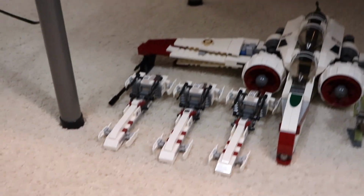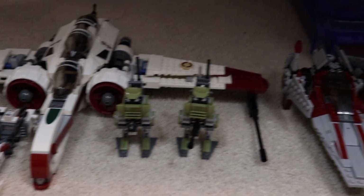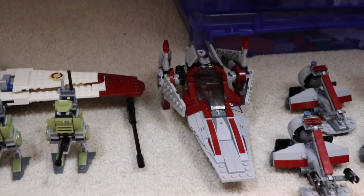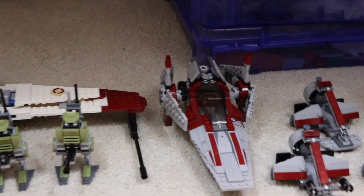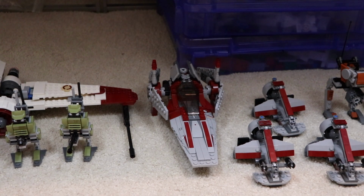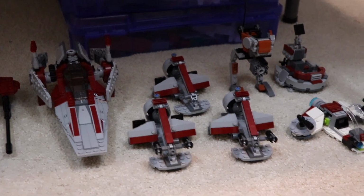We've also got a couple of Bark Speeders, some little walkers, a V-Wing, which is a terrible starfighter. They need to stop making these. Hopefully they never make another one, but they also had like an Imperial version at some point in the 2000s, so... But I have that set, and then we got a couple of the Battle Pack Swamp Speeders,